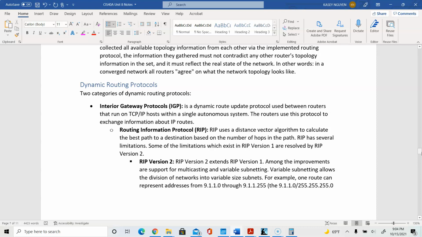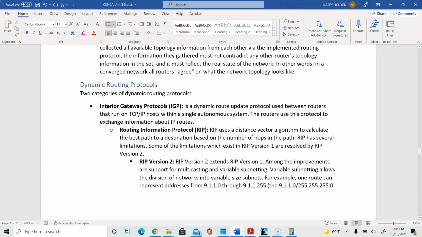So what does this mean? This is a type of protocol that is used with the dynamic route, and the routers would then use the protocol to exchange